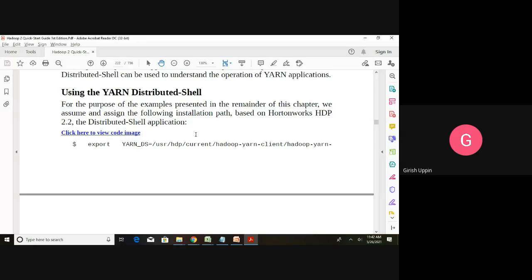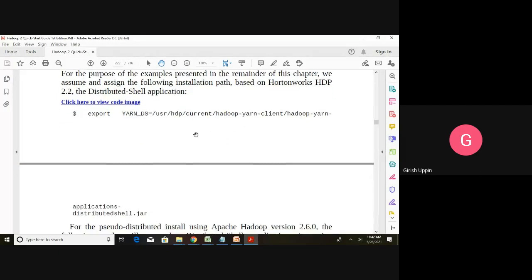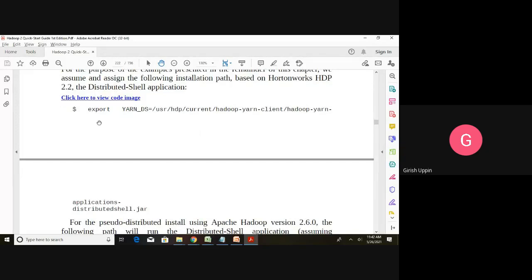You can find the location of the installation, and you can find the jar. In this particular example, this is the location. You will set the environment variable YARN_DS. So you will use the command export, the environment variable, and you will give the location of the jar file.